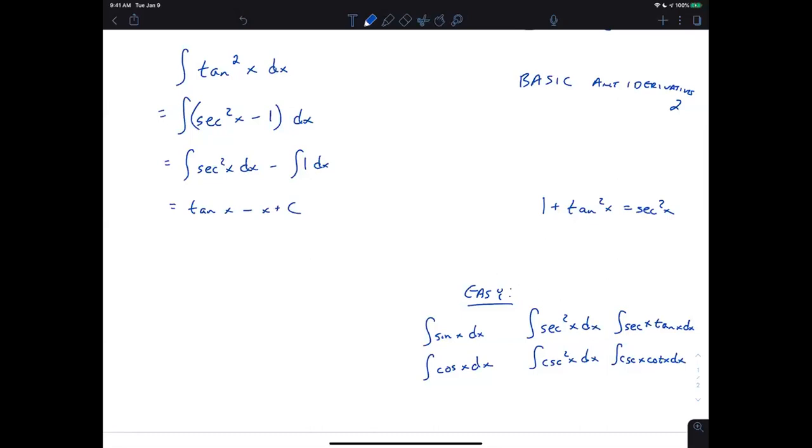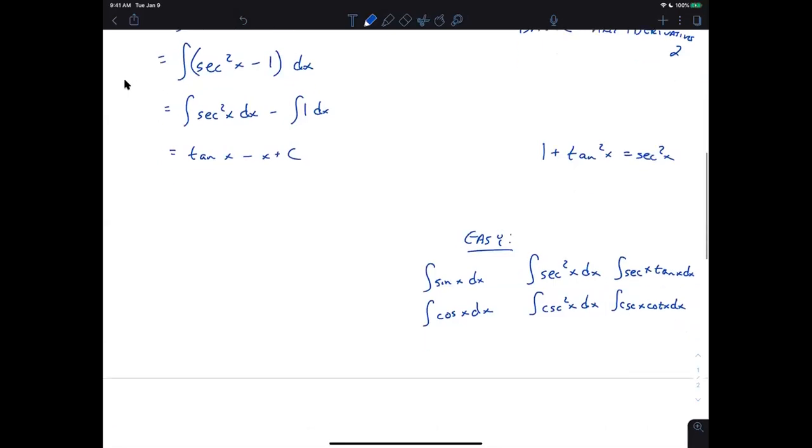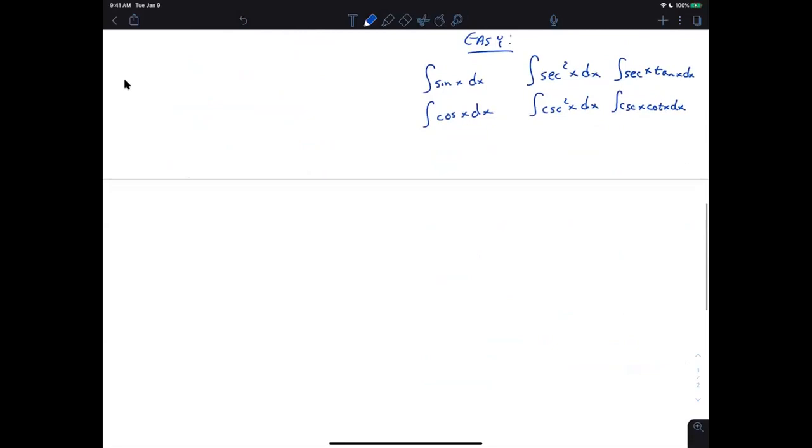Sometimes they're tricky. Somebody asked in the chat, is there a good place to find all of the identities you need to know for the exam? If you Google trig identity formula sheet, I'm sure there's some good ones that would come up. The main ones that would be useful, I mean, you guys are in Calc 2, so technically anything from trig is fair game. In a practical sense, the ones that typically come up are called the reciprocal identities,